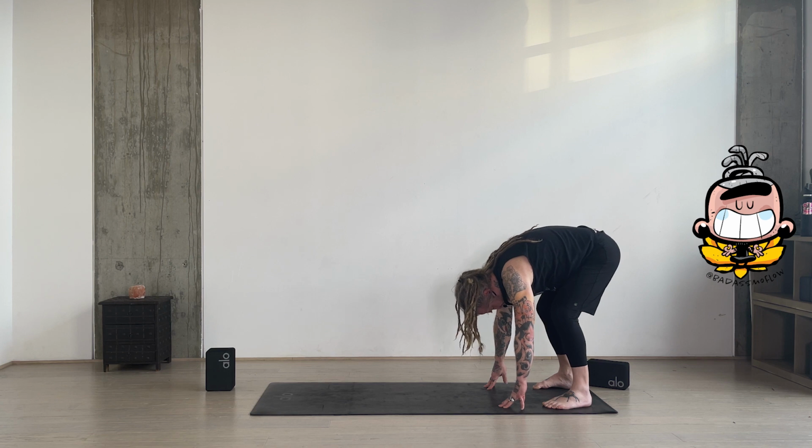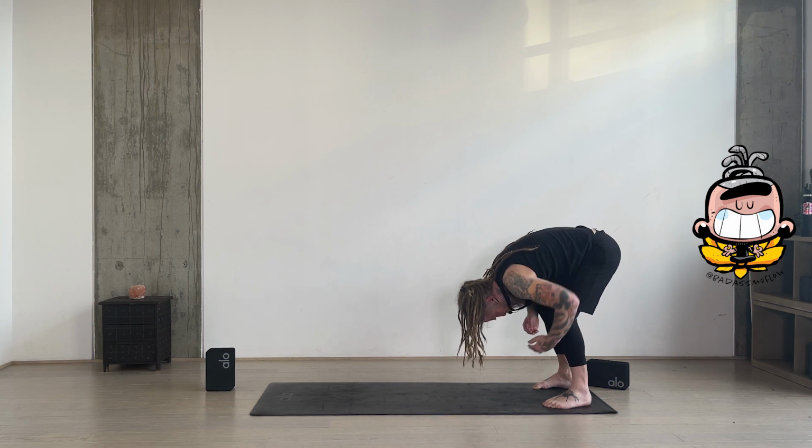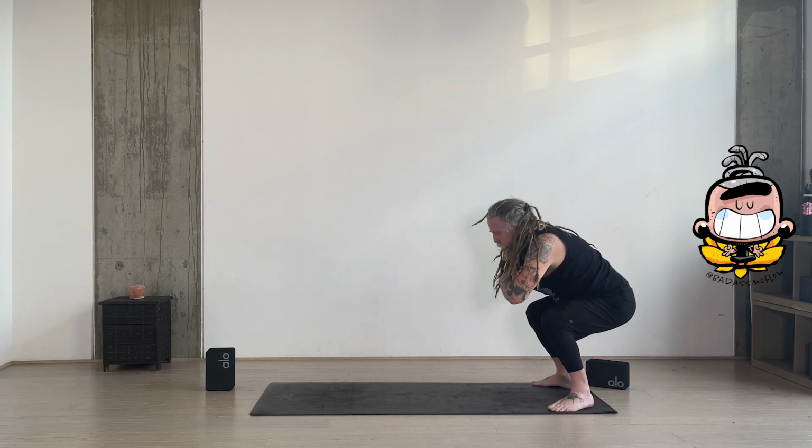So ragdoll, if you got tight hamstrings like me, go ahead and put a gentle bend in the knees, fingers in the folds of the elbows, and just relax forward. Maybe over time, and it might not be in this practice right now, but maybe next year you've been able to straighten out those legs. And if it's still a pain,